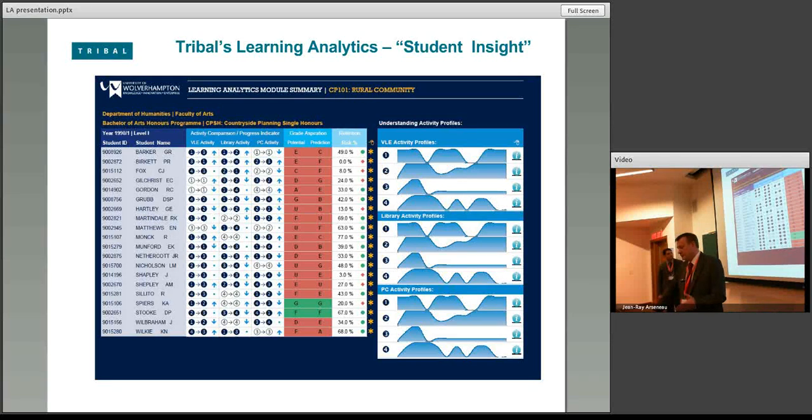So a particular example of the sort of report that University of Wolverhampton was doing for a particular course, which in this case was rural community, being able to define predictions for various themes they had, which was VLE activity, library activity, and PC activity, and then look at the grades and work out a potential, in their case, retention risk. So a risk of the student dropping out. So they were very much focused on retention rather than trying to achieve already successful grades. From that point, I'm going to hand over to David. And David's then going to demonstrate the sort of analysis we were doing with the likes of University of Wolverhampton.